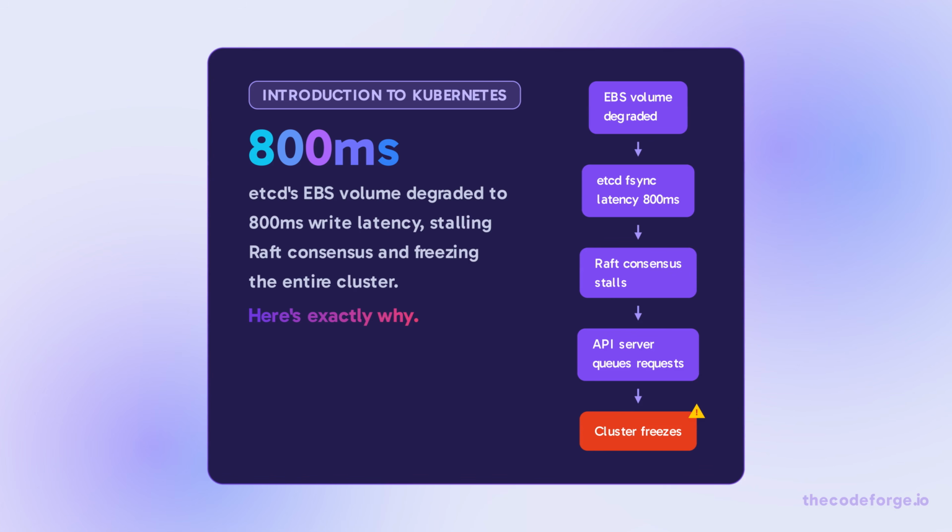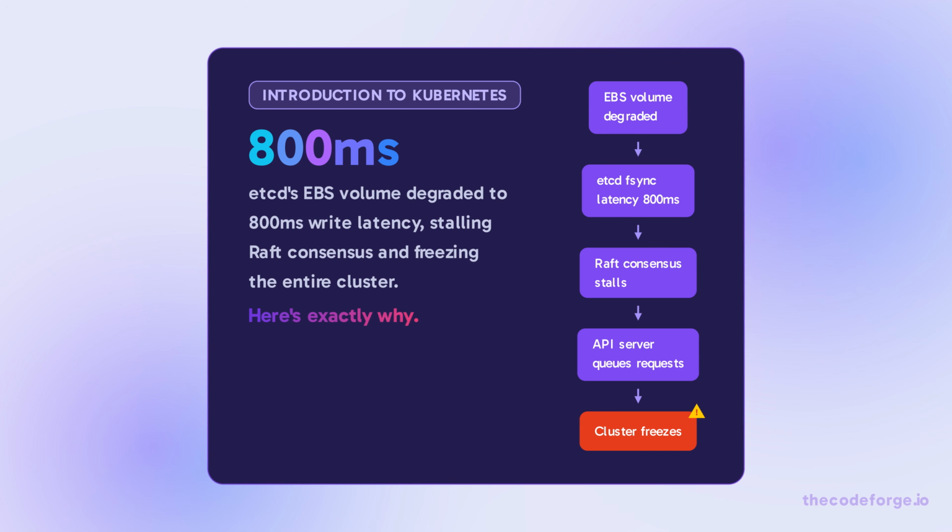800 milliseconds. That's how long it took for a slow EBS disk to freeze an entire Kubernetes cluster. Kubectl commands hung, pods stuck in pending, and rollouts never completed. The root cause? etcd's write latency spiked to 800 ms, 400 times its normal 2 ms, causing the Raft consensus